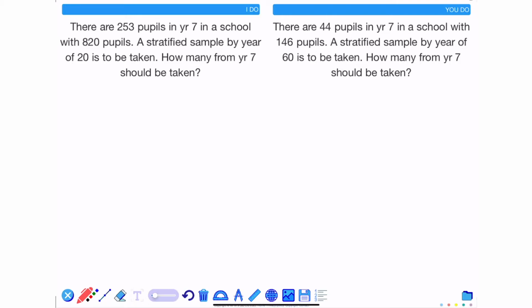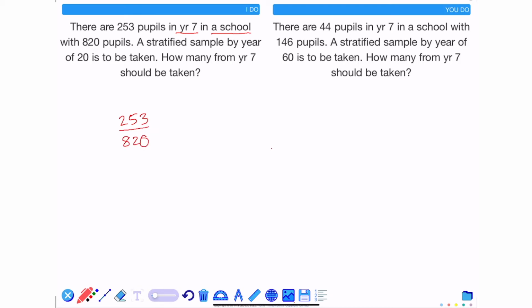In this video, we're going to be looking at the topic of stratified sampling. The idea with stratified sampling is that a population, in this case a school, has been divided into different groups, year groups. At the moment, I can see that there are 253 students in Year 7 out of 820 students